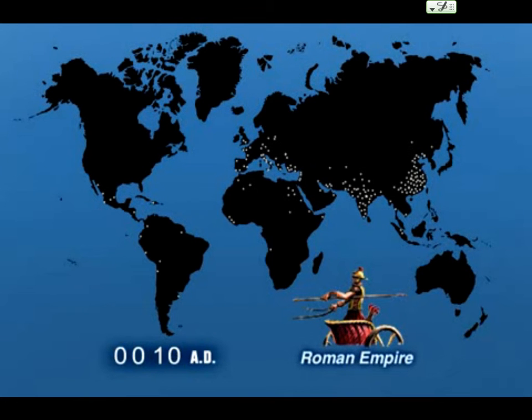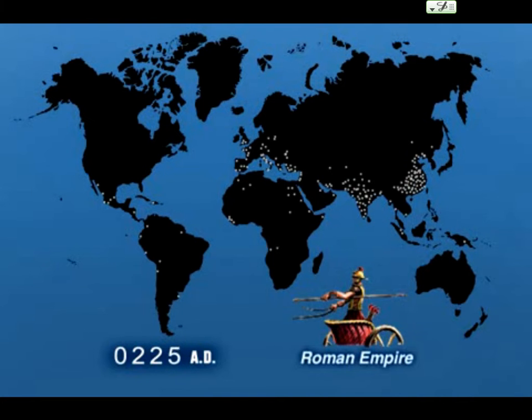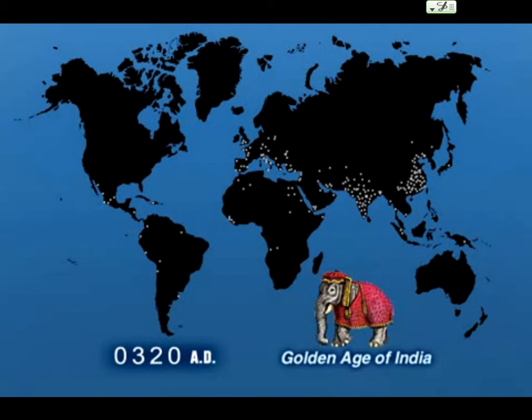So we've started, and we're now moving up to about 50 AD, and if you look, you can see that dark dots are starting to appear, and the largest concentrations are over here in China and India. At this time, the Roman Empire is going on. You see dots, but even though we're now approaching 250, 300 years AD, you don't see a huge increase. The golden age of India is now going on,